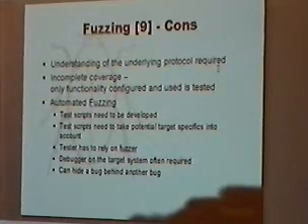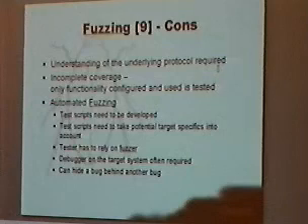On the other hand, understanding of the underlying protocol is unfortunately required. So you need to know how the protocol works in order to write a fuzzer in the first place. It is incomplete coverage in terms of code because you, again, only touch functionality that you trigger from the outside. You don't see anything that you didn't touch. If there is a buffer overflow in a CGI handling routine and you never asked for a CGI, you don't find this. Automated fuzzing has a few more cons,